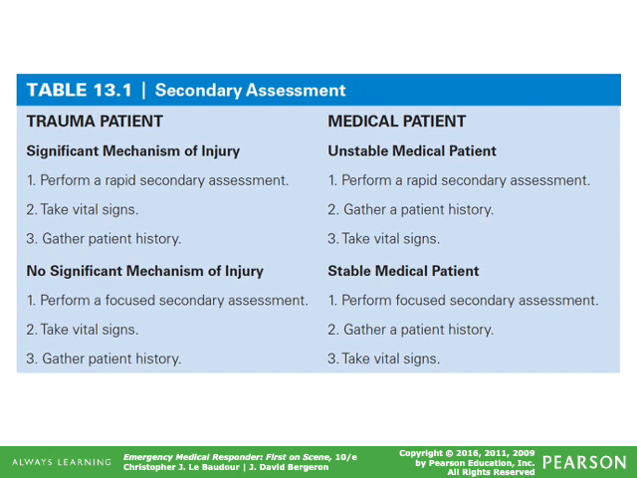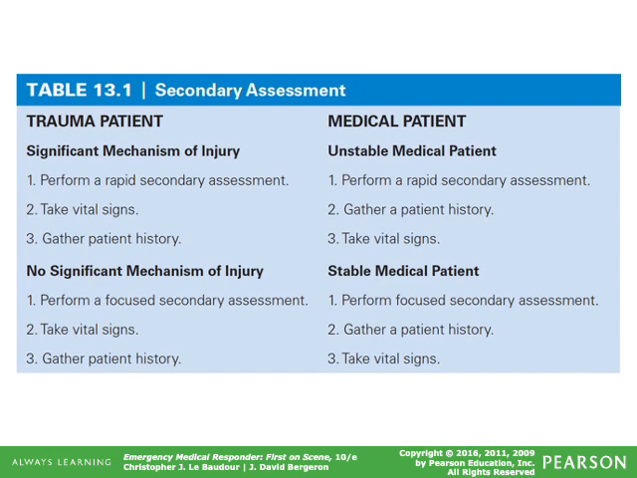So the difference between a rapid secondary assessment and a focused secondary assessment is if you've got somebody with a significant mechanism of injury, they may be unconscious, they may not be unconscious, they may have distracting injuries. You're going to check out their entire body and look for injuries. If they don't have a significant mechanism of injury, you can focus in on the area that they are injured and aware of themselves being injured in. All right, after you perform the focused secondary assessment, you're going to take vital signs and gather